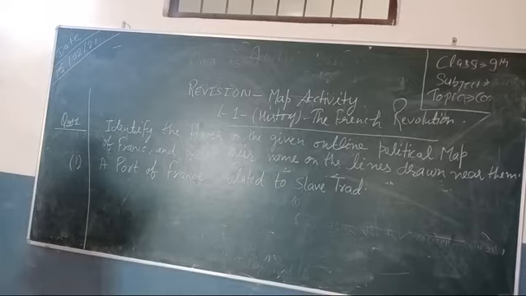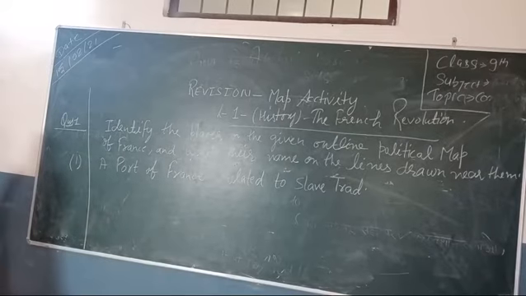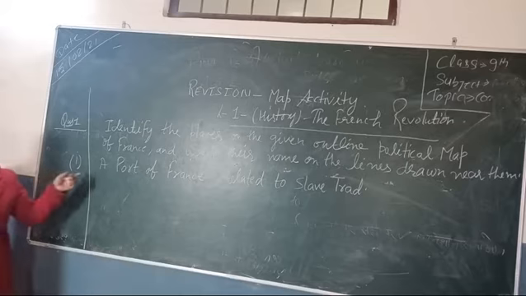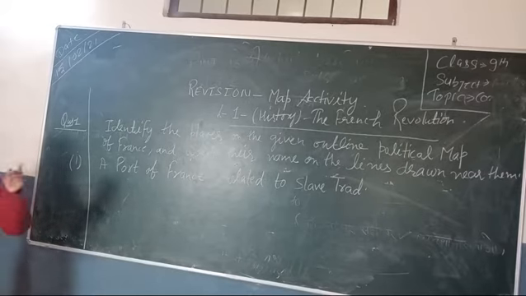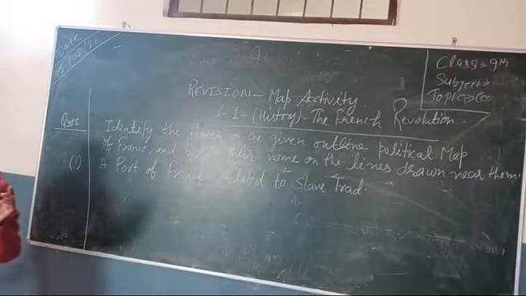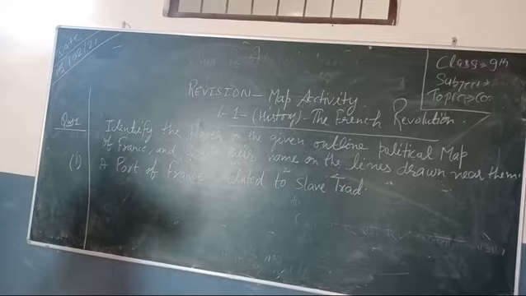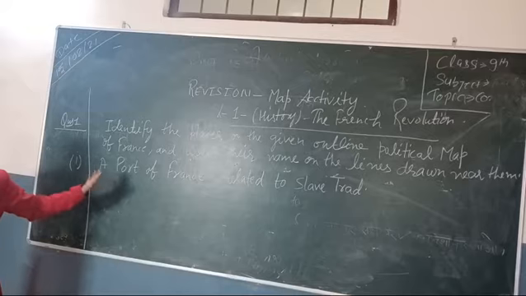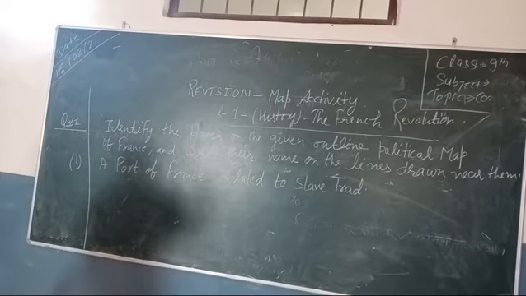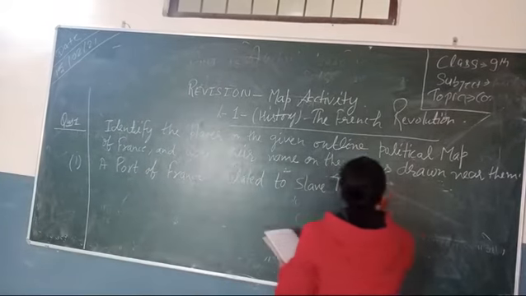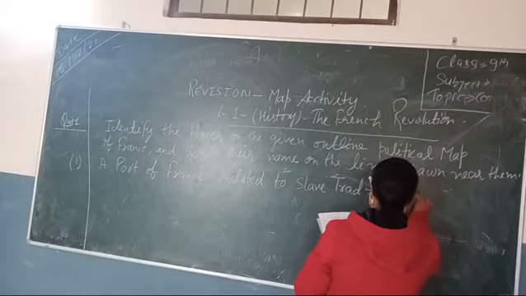In a France map, they will mark A and a line also, and the information that a port in France was related to slave trade. So here we are making notes, so I am giving you the answer also, so that you will remember and learn. But in an examination, they will not give you the name of the port. You have to remember on the basis of this information. But here we are making notes, so I am giving you the name of the port. The name of the port is Bordeaux. Write down B-O-R-D